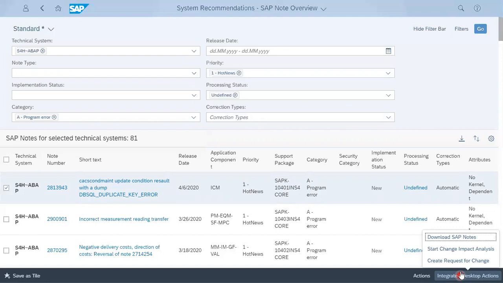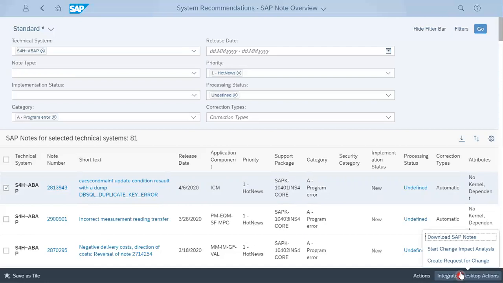So you will be able to download all notes in the SAP development system. You will implement the note, we have one transport request, and that transport request will be moved to quality and then production, based on how changes are moved in your organization. That is one way you can move.